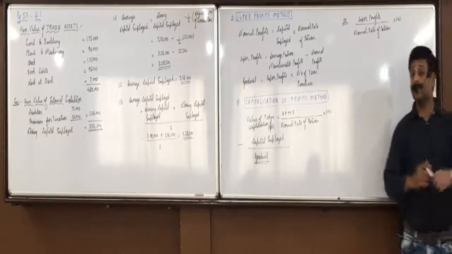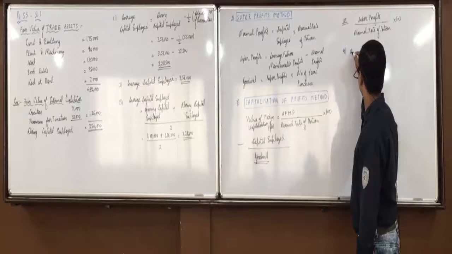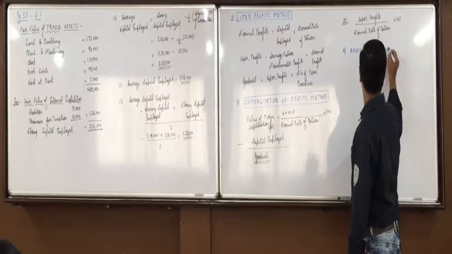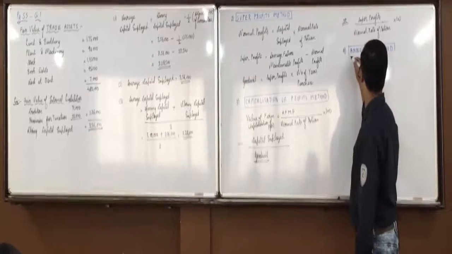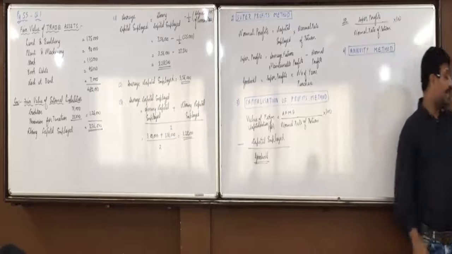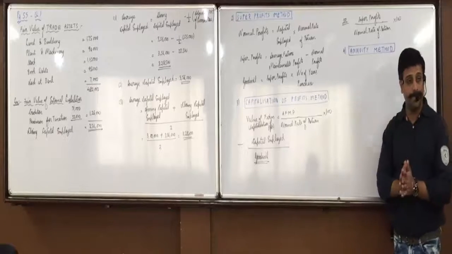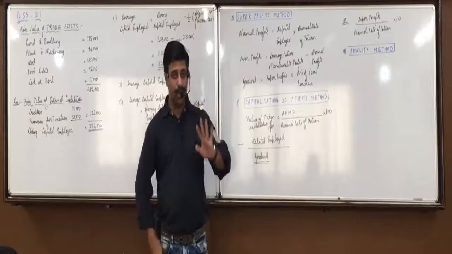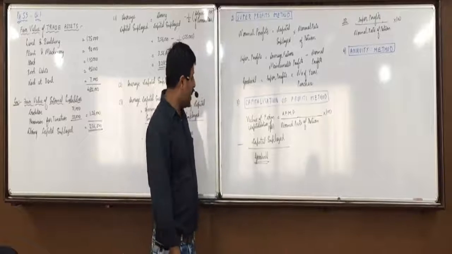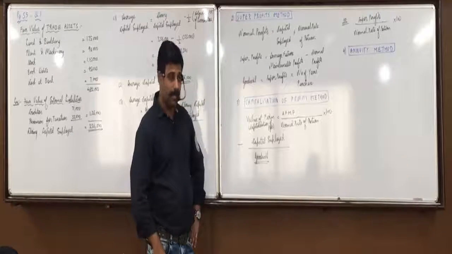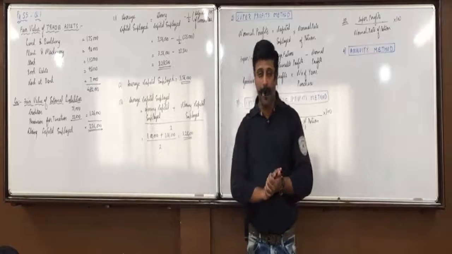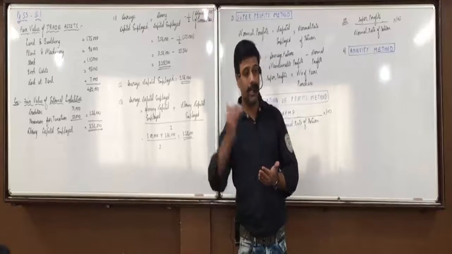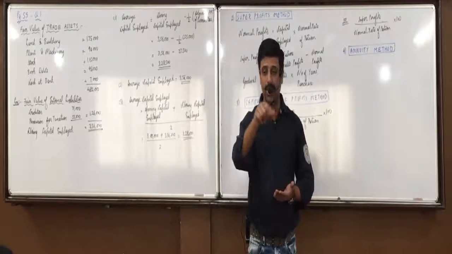And the last one is the annuity method. Now understand what the annuity method is. Be attentive. Annuity means, practically speaking, it is correct also. Suppose we take 3 years purchase. 3 years purchase means we expect that these profits will be maintained for the next 3 years, or a new firm would take 3 years to reach this position.